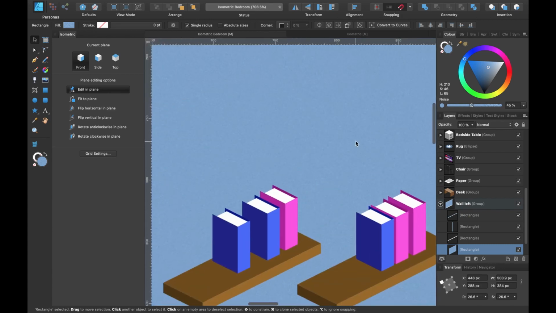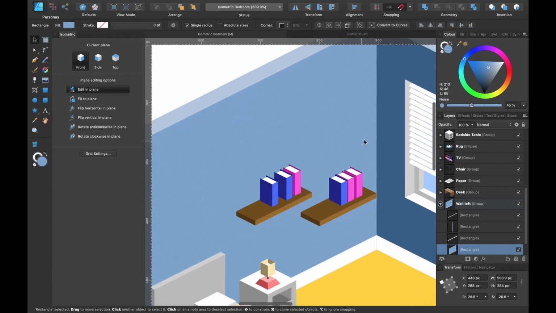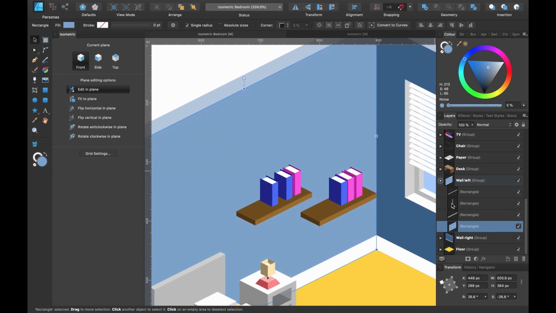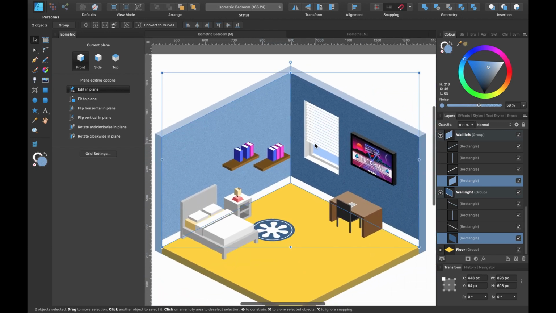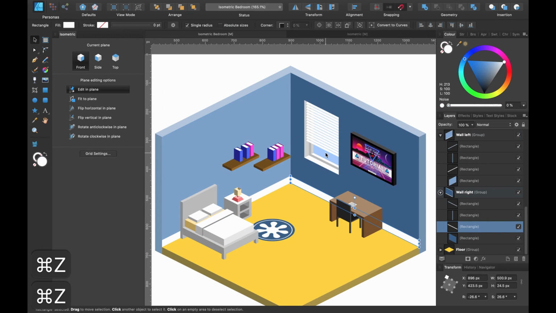That looks kind of cool. So you could do that to both walls. I'll just press back on this one and I'll do it to both walls. There you go, add some grainy texture to it. Just press back to get it back to normal.